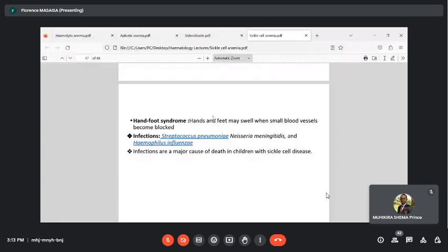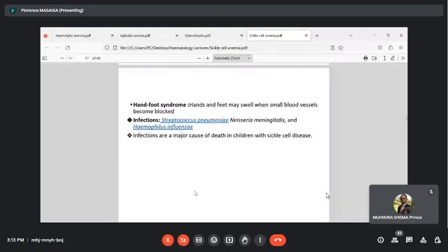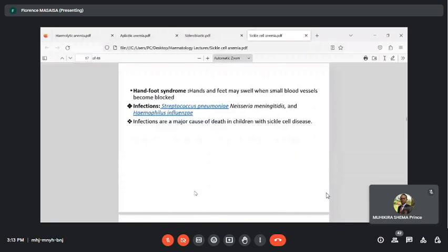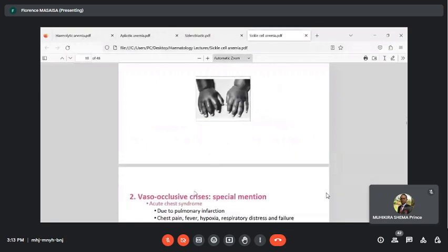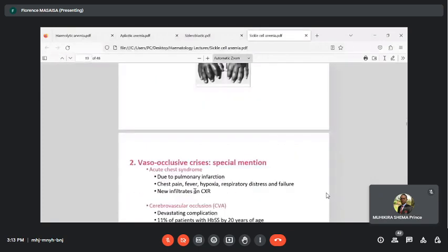As those patients have hypofunctioning of the spleen, so risk of having infection with Streptococcus and Haemophilus influenzae, Listeria meningitis, and so on. And the infections are the major cause of death in sickle cell patients. So for the vaso-occlusive crisis, patients may have acute chest syndrome, which